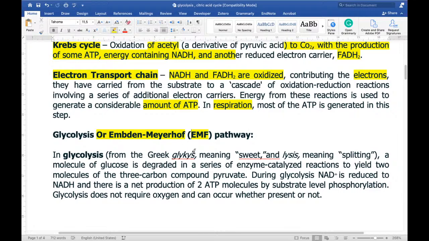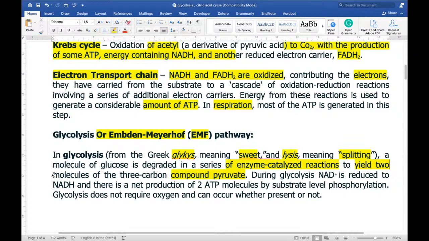As we know, the Greek word glykis means sweet, and lysis means to break. So something sweet is being broken up, that is your glucose. A molecule of glucose is degraded in enzyme-catalyzed reactions. Lots of enzymes are used in this to yield 2 molecules of the 3 carbon compound pyruvate. Glucose is a 6 carbon molecule, and it will produce 2 molecules of 3 carbon atoms